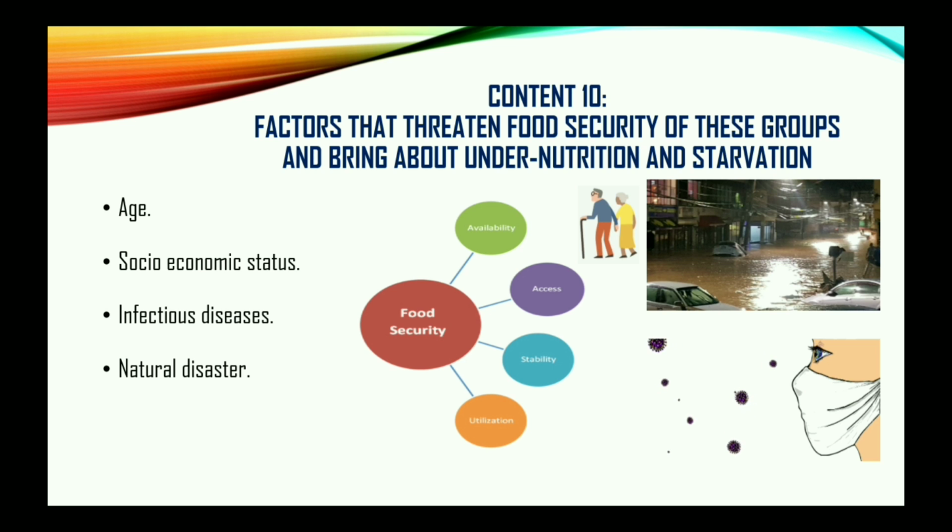Infectious diseases, look at what is happening now. We speak of corona. How many times have we heard of shortage of certain foods in certain countries, right? Natural disasters, so there may be flooding, the livestock on the farm drown, the crops are destroyed, and therefore all of these issues will affect the dimensions of food security. So when we speak of availability, access, stability, and utilization, all of these must come into play for food security